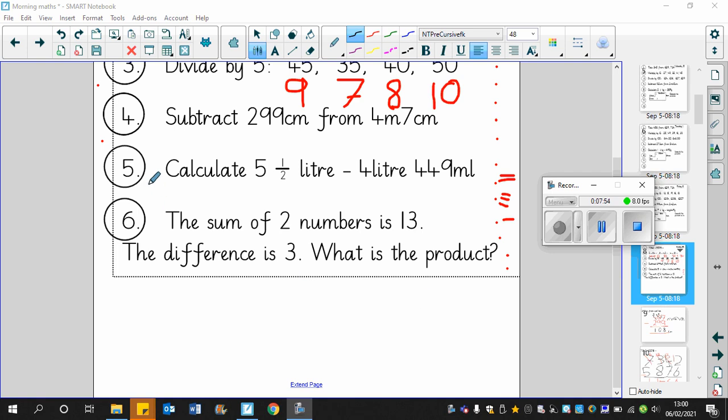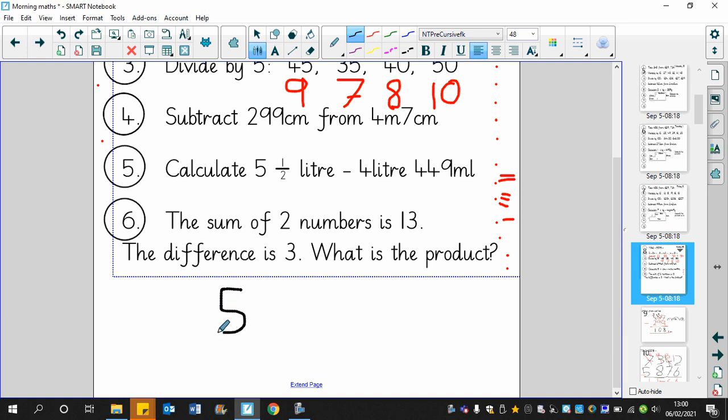So, okay, now we're on to question number 5. Calculate 5.5 litres, take away 4 litres and 449 milliliters. Right, so 5 litres is 5,000 milliliters. But I'm not going to put the next digit in because half a litre is 500 milliliters. So hopefully you're getting used to the idea of milliliters now. So the number 5.5 litres equals 5,500